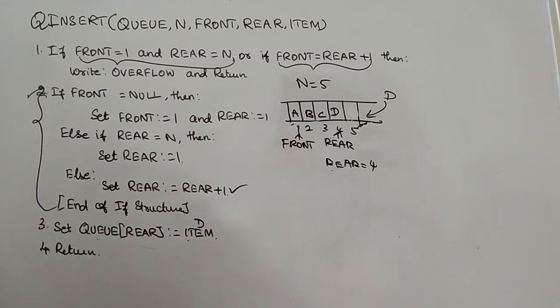But notice one thing: here we are making use of the index rear as an index for your queue. The reason is that insertion takes place at the rear end only. In case you are going to delete an item from the queue, by that time you can pass front to the queue as an index. But here we are doing the insertion operation. That's why we are considering the rear.